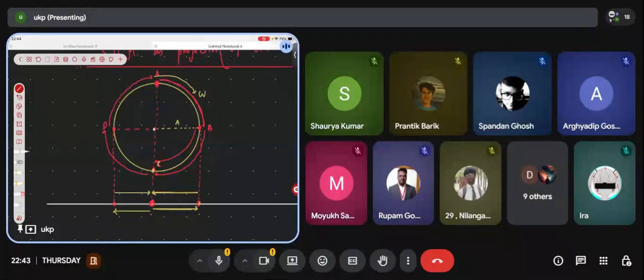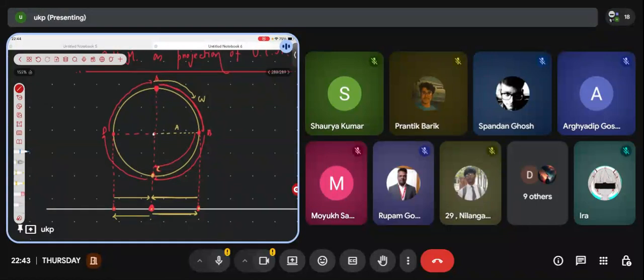When the UCM particle completes a full cycle, how is its projection moving? Can I say its projection is moving like this? From this point, it first travels to the rightmost extreme position. Then from the rightmost extreme position, it comes back to the mean position. From the mean position, it goes to the left extreme position. Then from the left extreme position, it again comes back to the mean position. Clear? So will it be justified, guys, if I make a comment that when the UCM particle performs a complete cycle, its projection